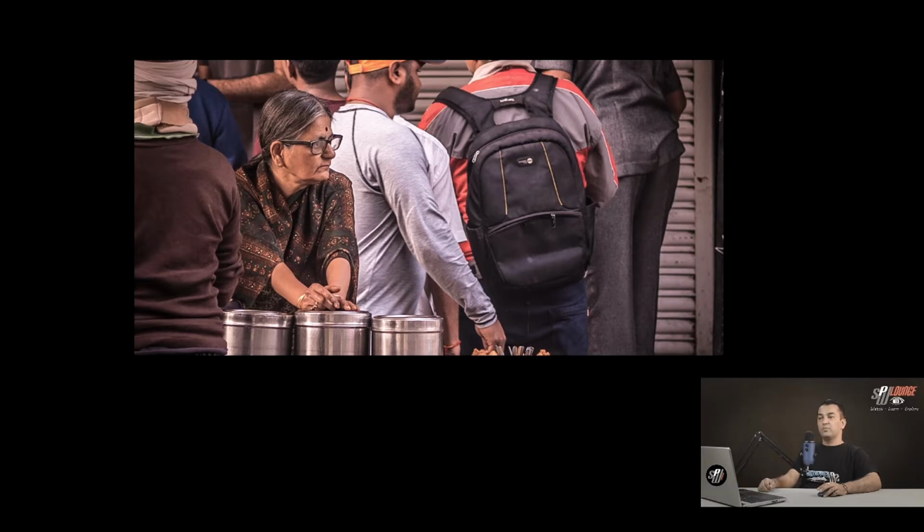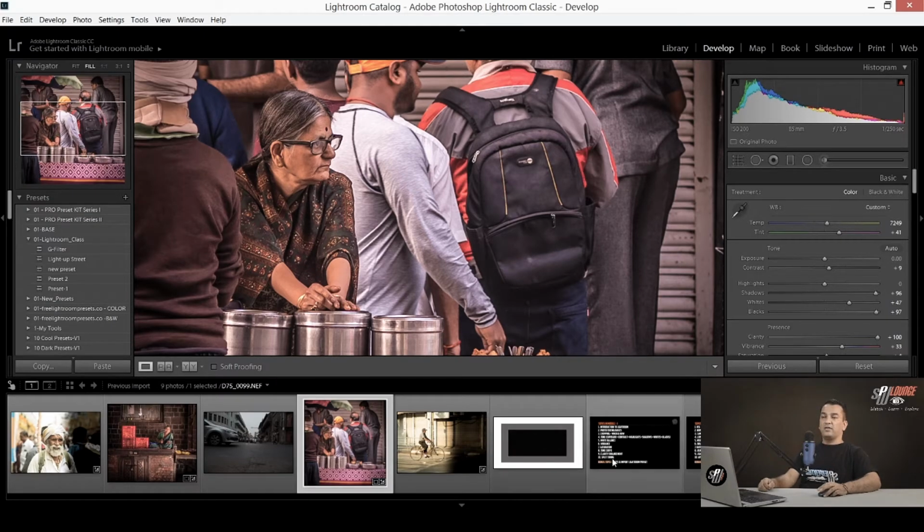Only the image will be visible. It's like working in a dark room, where the only thing visible is the image. And if you press the L key again, everything lights up. So that's how we are controlling the light in the application. So maybe the logic behind the name of the application comes from that only. I'm not sure about it, but that could be the logic I can see here.